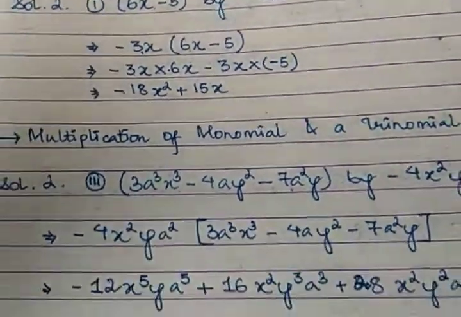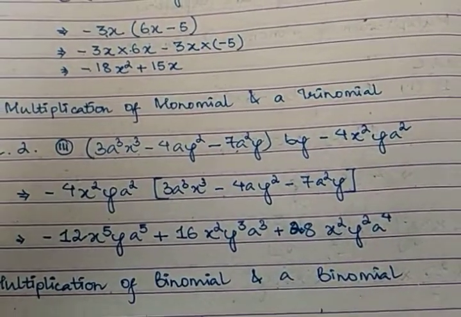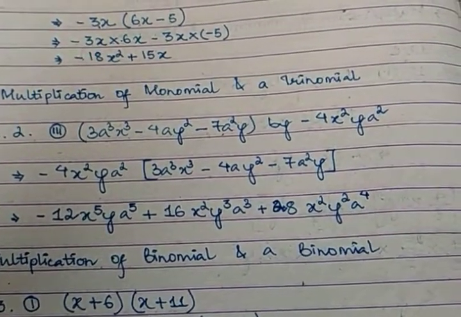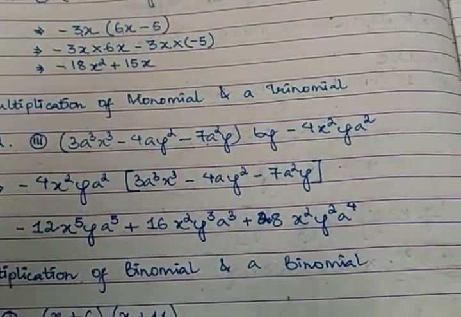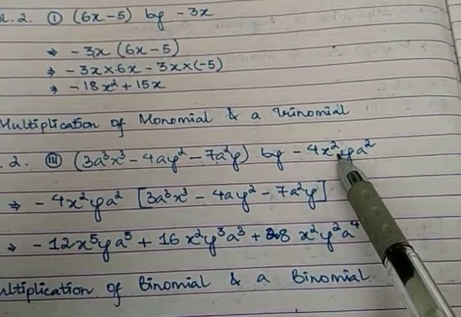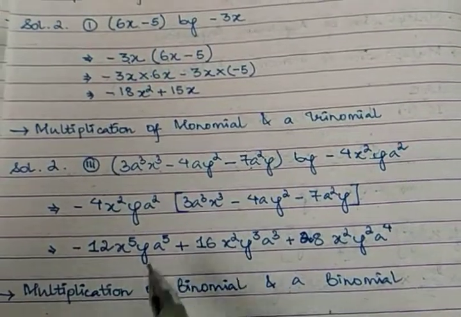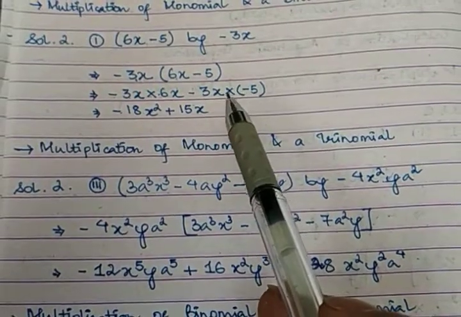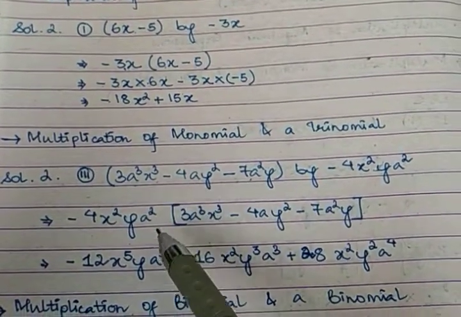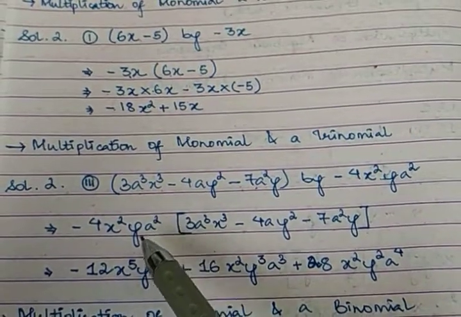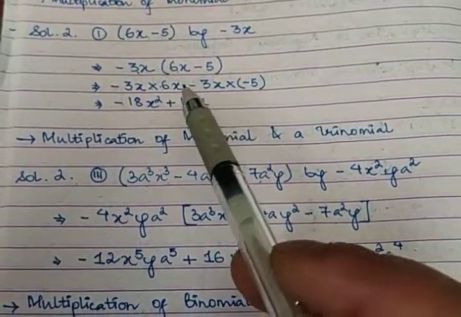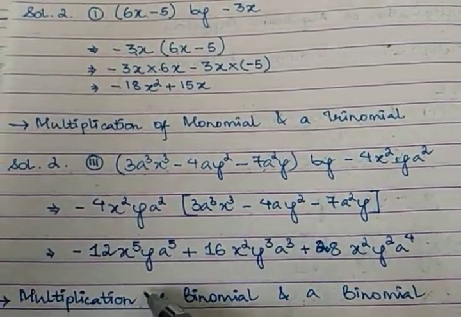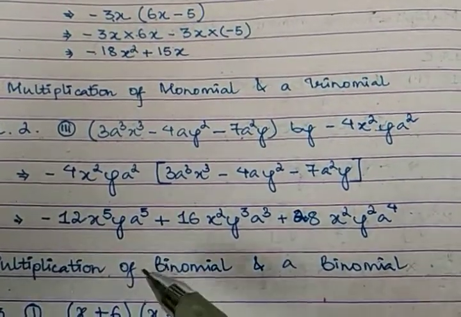Now, multiplication of a monomial and a trinomial. As I said, the lower term, try to keep it at front. It will be easier. So here I have kept the monomial at front and the trinomial second. In this one I have done it directly; I haven't written this line. What I am trying to teach you here is a little shortcut method. You can simply multiply the terms directly, with no need to show the second line. If you go on practicing, you can directly multiply as well.